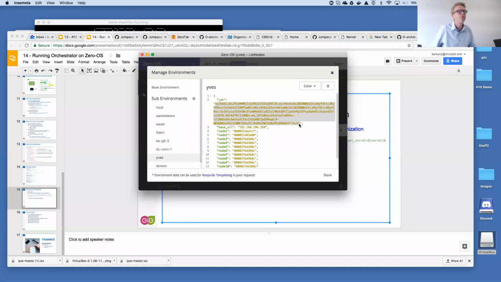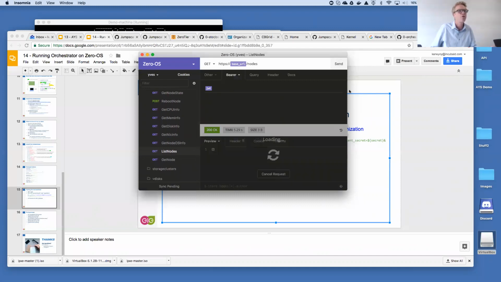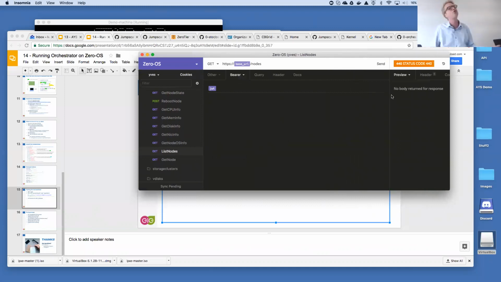By doing so, this will not work, but I can test. Then you go to this thing here that I shared in the past, and you go to list nodes, and it should normally show you, and this will show a forbidden, of course, but it should normally then show you this first node that just got added.